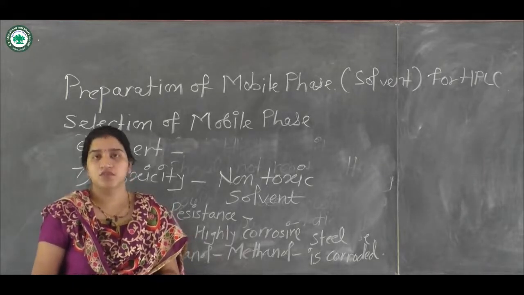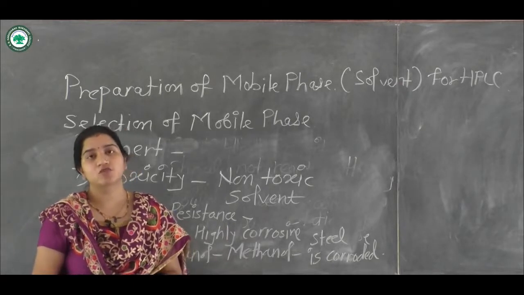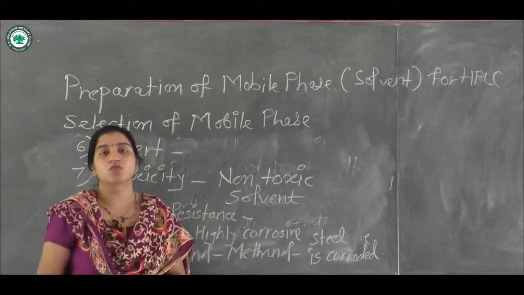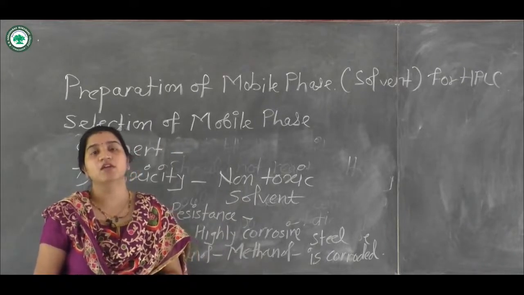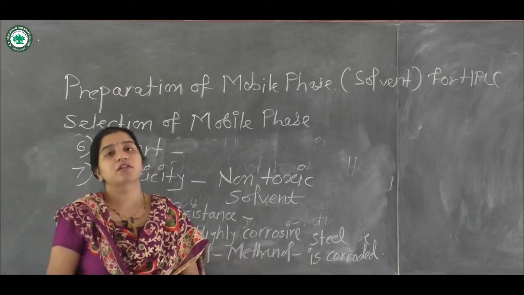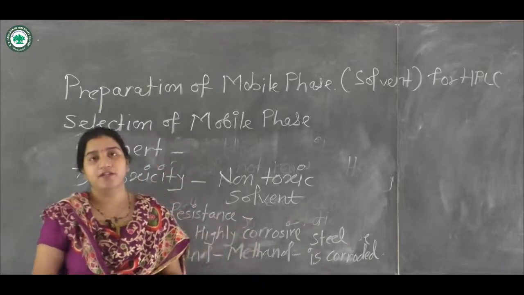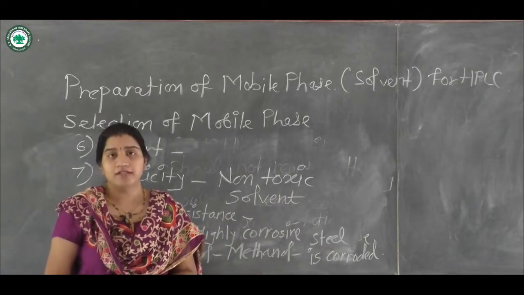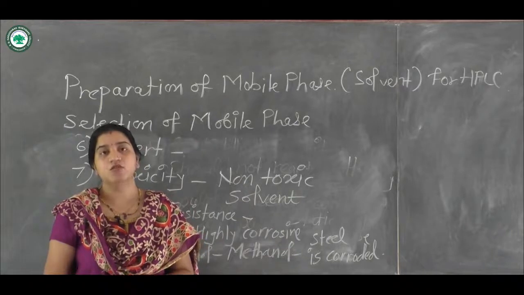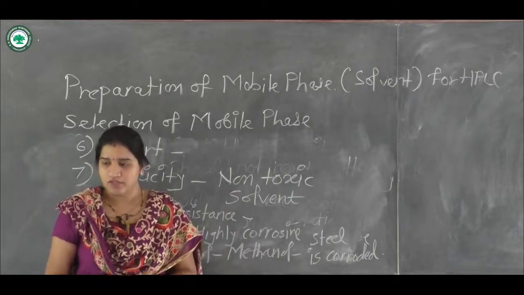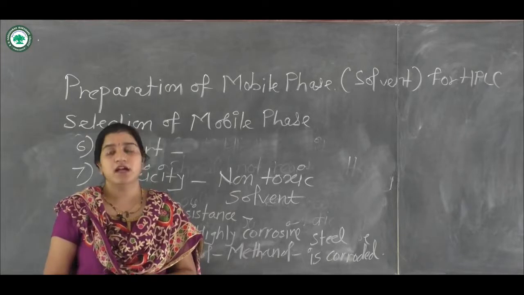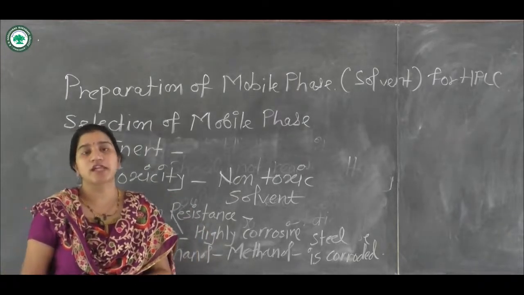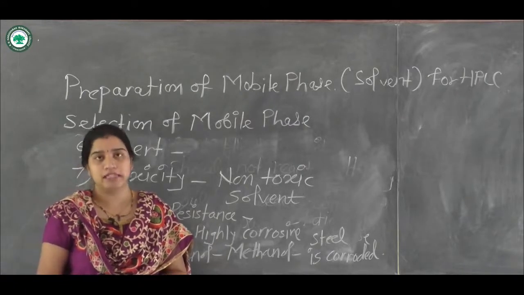So these are the different points that we have to consider while selecting the mobile phase in HPLC. The first one is viscosity. You have to always select a solvent having a low viscosity. As far as boiling point is concerned, you have to always select a solvent having a low boiling point. Then the solvent should be chemically inert. It should not react with the stationary phase of the HPLC column. Then the sample that you are using should not be toxic and it should be in a highly pure form. So this is so far regarding the choice or selection of the solvent or mobile phase in HPLC.